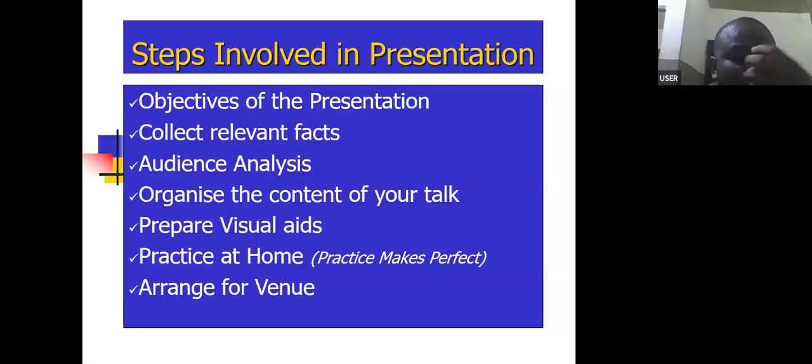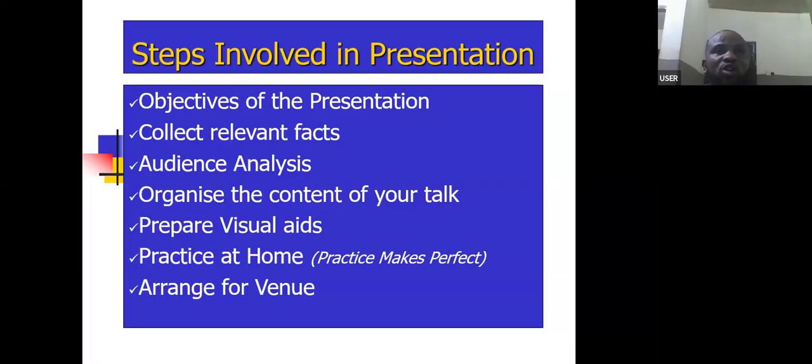Thirdly, arrange your venue. You're about to go make a presentation, for example, at a Senate building. You, the presenter, must be there before every one of your audience. Try to go there before your audience. Walk down to the place, stand where you are supposed to stand, arrange yourself properly. Sometimes you may not be privileged to be the one to arrange the venue. But when we say arrange your venue, visually arrange your venue. Go there,